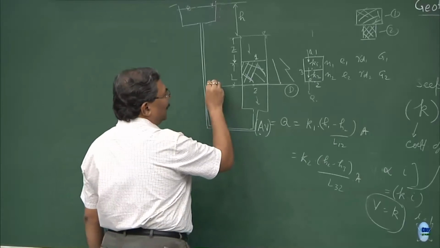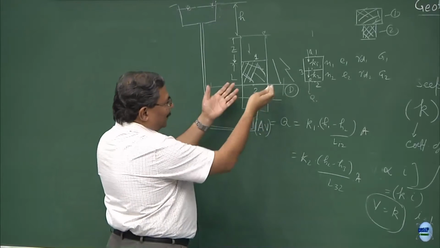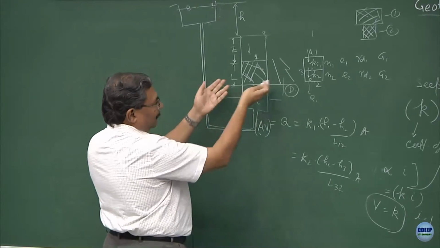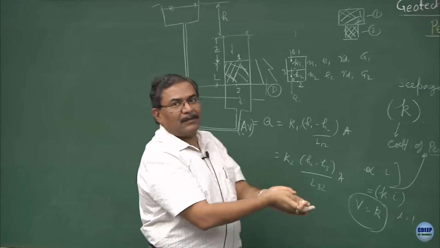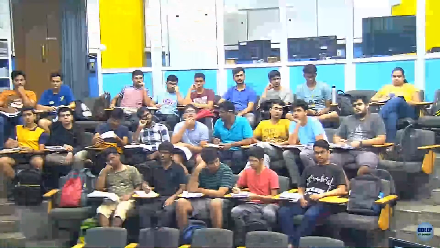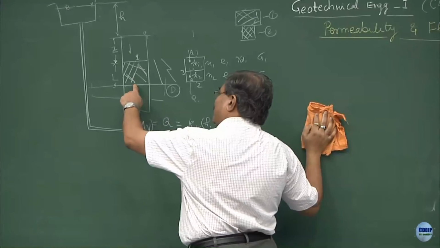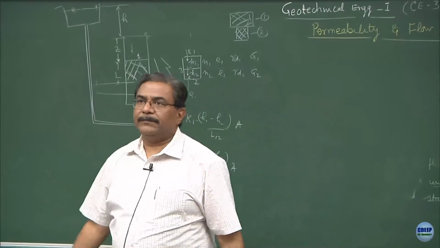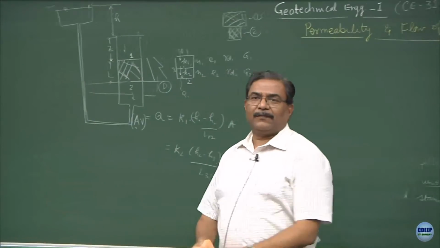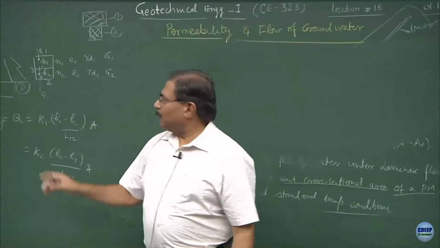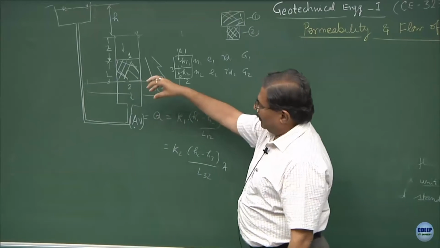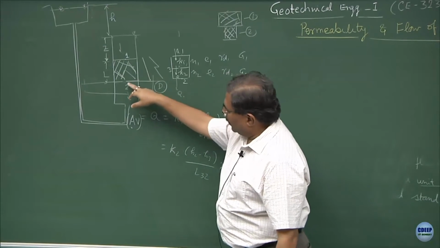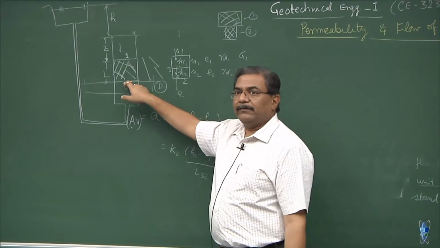It is the same thing. In the previous case, what did I do? It does not matter whether you are keeping it in a tube connected to this or whether this whole thing is inside a water bath. It does not matter. If you are putting a vacuum over here, it does not matter, keep the datum as it is. The pressure head at this point will become minus of the value of vacuum which you are applying. That is it. Is this okay? So, if this point is being sucked with a suction pump, what will be the pressure at this point? Minus that value.